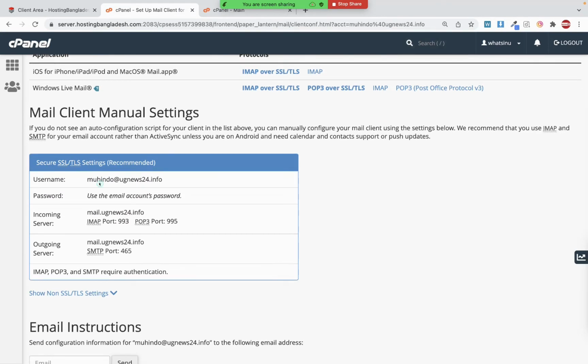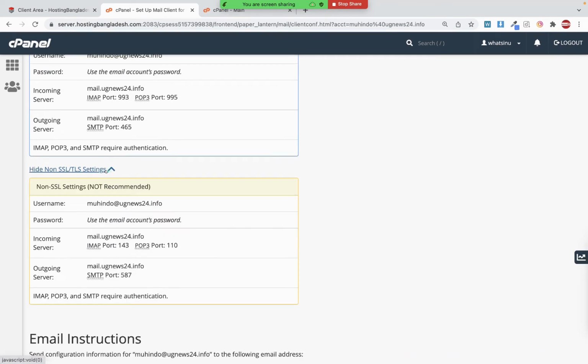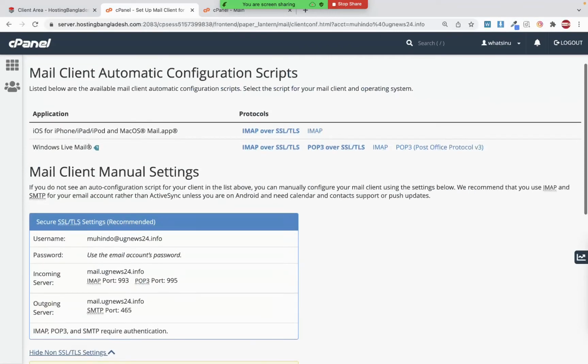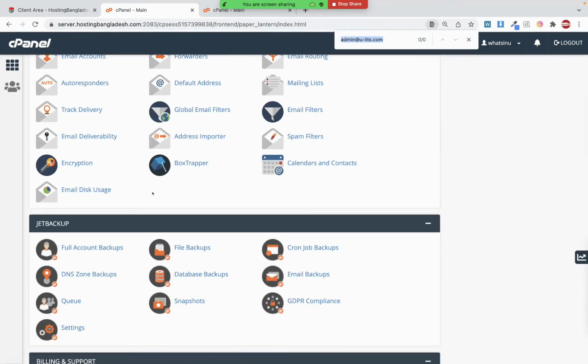So here is where you can find the settings that you may need to access an email from another device. You'll find the username, the password, the type of incoming email and the type of outgoing email. But this one, we'll look at when you're logging in, either to a computer or to a mobile application. So we want to log in to one of the emails. There is software that you have to use here. It's called